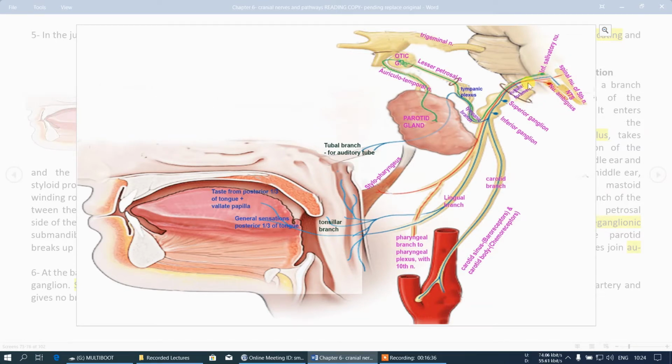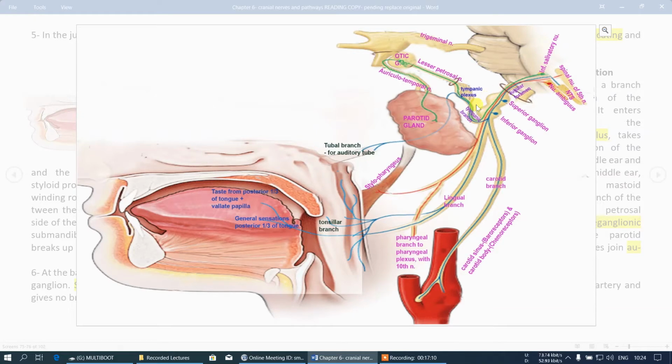These 9, 10 and 11 nerves will come out through this jugular foramen. Here the glossopharyngeal nerve has a separate sheath of dura, and the 10th and 11th have a separate sheath. When it comes out, there are 2 ganglia, superior and inferior ganglion. Same you will have in the vagus nerve, superior ganglion and inferior ganglion of vagus. All these have separate names, but you remember this simple term, it is better for memory.